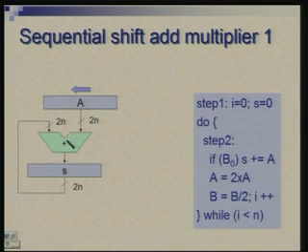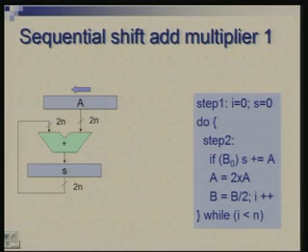Now, one thing you should notice here is that this adder has to add 2 n bit numbers. A and B both are n bits, but as partial products are effectively shifted to the left, we need an adder of double the size. First addition would be done at one extreme position, and the last addition would be done at the other extreme position. So, the adder has to be wide enough, essentially double the width, to accumulate all these values, and this register which will hold A also is of double the length.